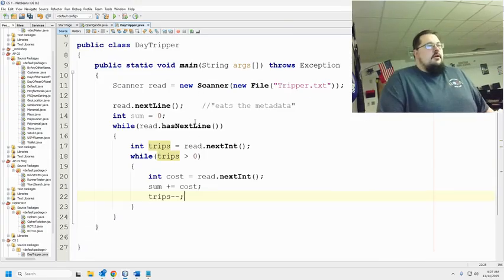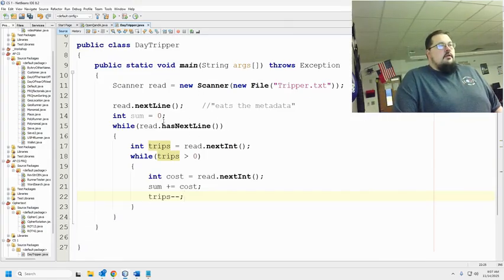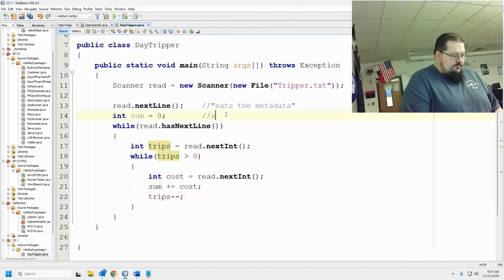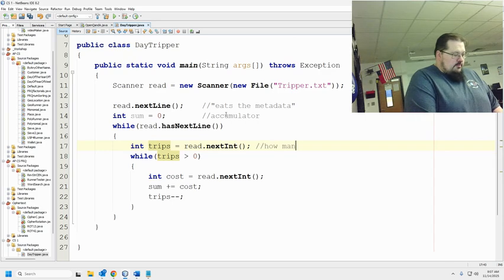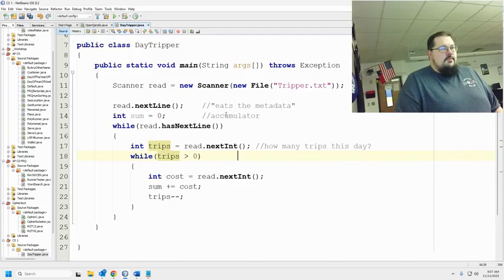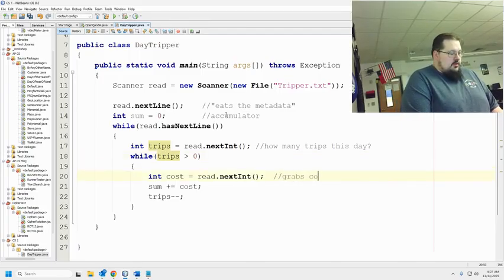Okay, so we got our first metadata. This is my accumulator, which is going to be my cost at the end of everything. This is my loop to read through everything. How many trips this day? Grabs cost, adds to accumulator,